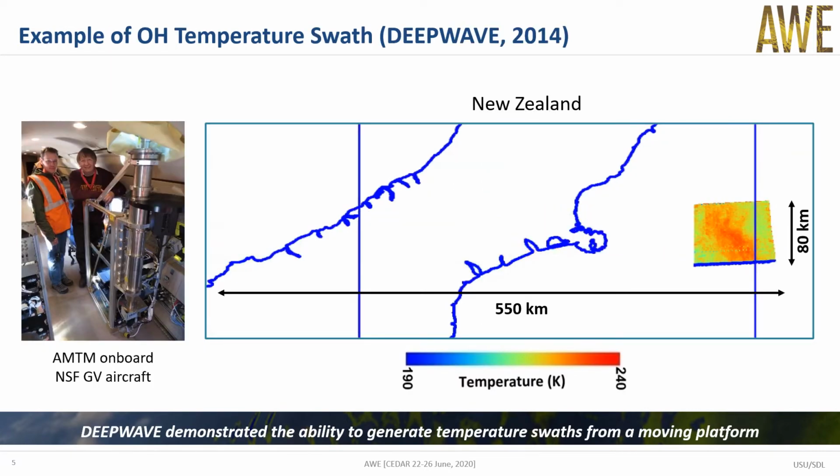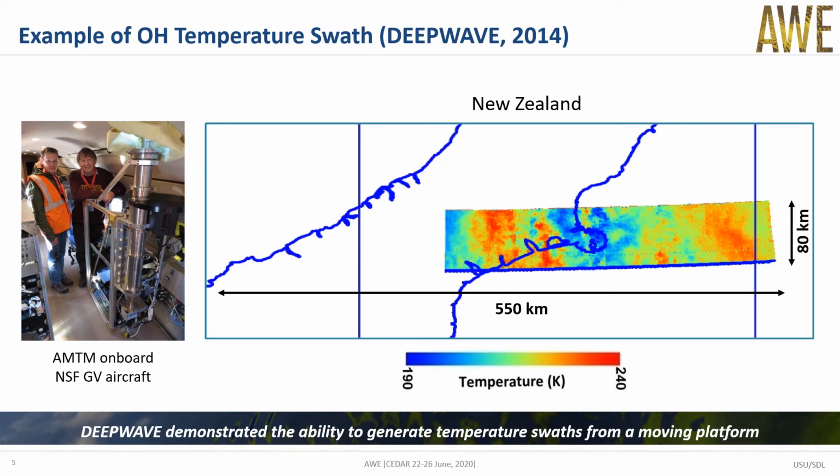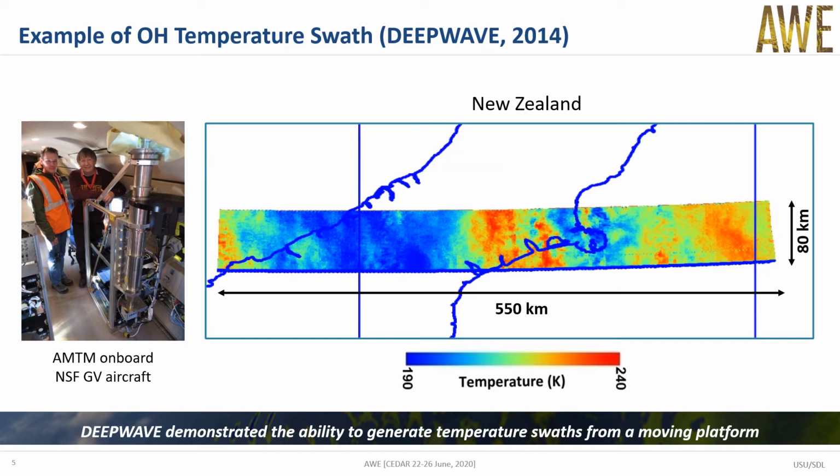Most observations of gravity waves to date continue to be obtained over land. This slide demonstrates the importance of extensive airborne observations over oceans and inaccessible lands, such as mountains. This movie shows the development of a data swath as an NSF aircraft underflies the OH layer. The data were obtained during the highly successful DEEPWAVE mission in 2014, flying over New Zealand, showing both large and small scale waves extending over lands and oceans.